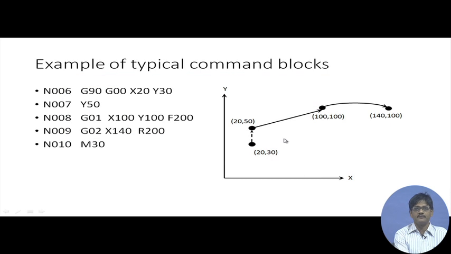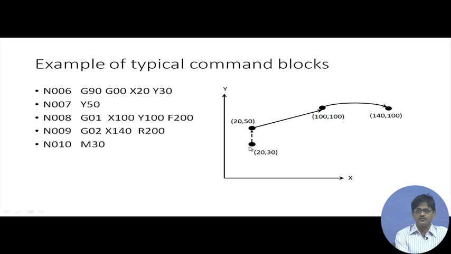This is an actual example. If we see it visually, these are the different lines of the CNC program. Each line may correspond to a declaration about some data, or it might be corresponding to an actual movement. The first line corresponds to a movement. G90 means absolute system. That means, we are referring to the points by their absolute coordinate values. So, there is a point which is being referred to as 20, 30 and it is this point. So, we are saying that go fast to this point, G00 20, 30.